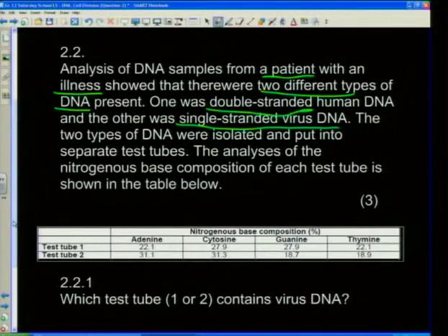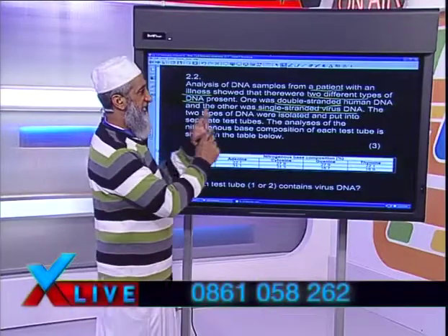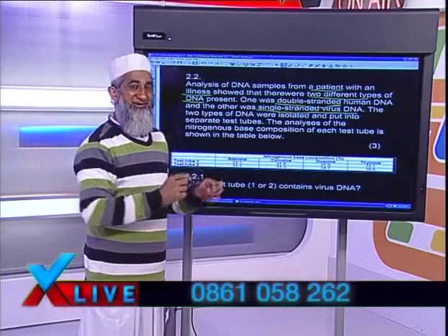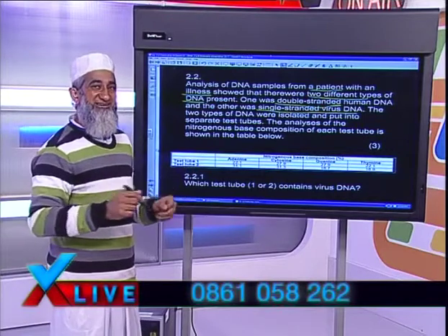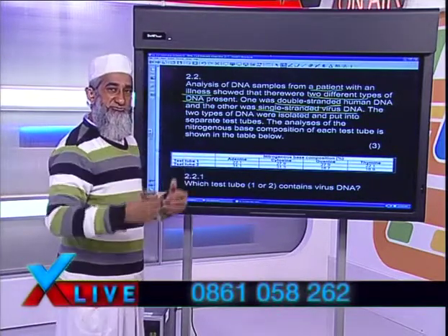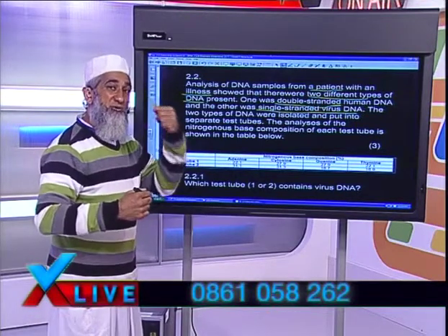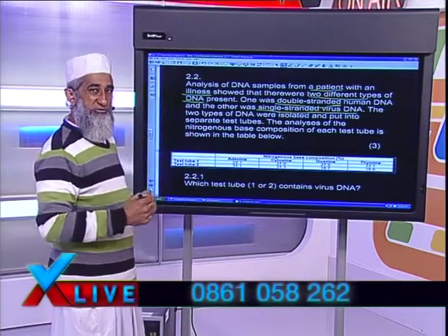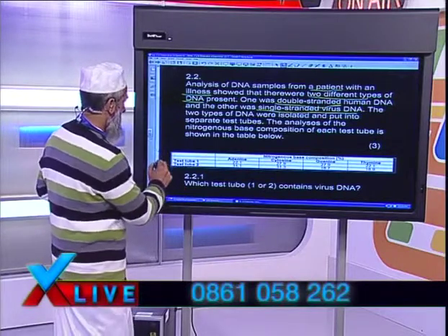You'll notice what I've done with the highlighter, I've underlined the key words. And this is what you need to get used to. Initially, you'll have to do it physically, but as you use this process, you'll find that you can do it in your mind. You will pick out those important keywords. Let's look at the table.